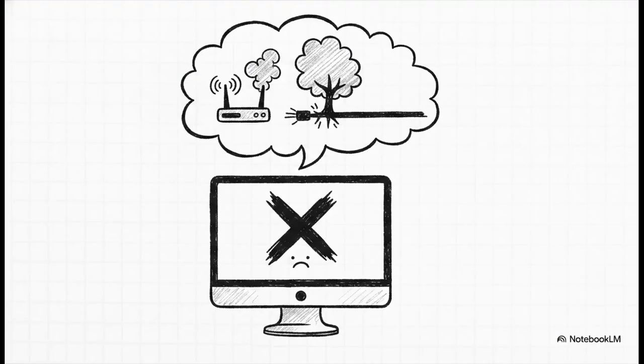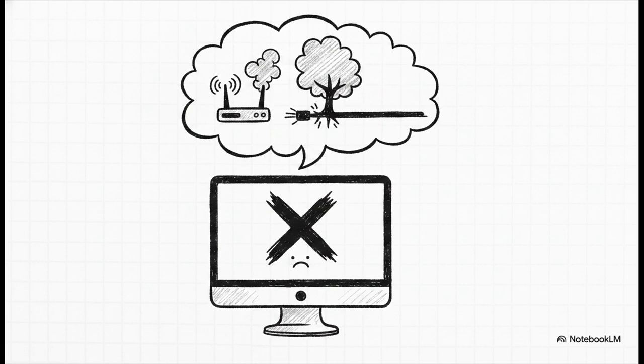We have absolutely all seen this dreaded error message. Site cannot be reached. It pops up on a blank screen and your stomach just drops. Instantly, our brains jump to the worst-case scenario. Customers see this on their laptop and immediately assume their internet is completely dead. They're thinking a tree took out a line or maybe their expensive router is totally fried.